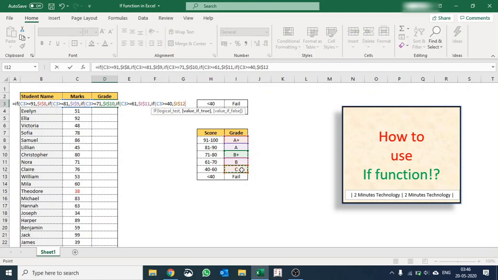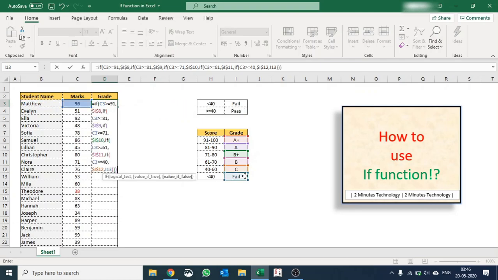What if it is less than 40? The only condition is fail. So I'll say comma, and this time I'll say fail. I'll close all the brackets that I have started,